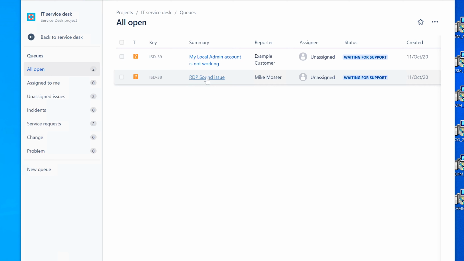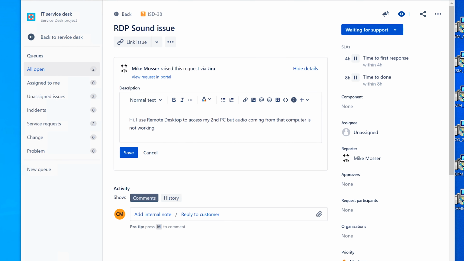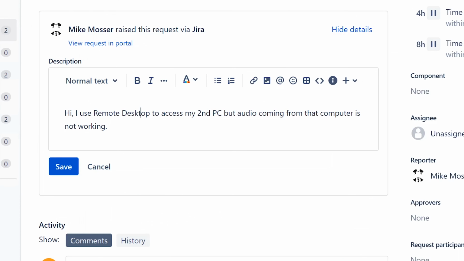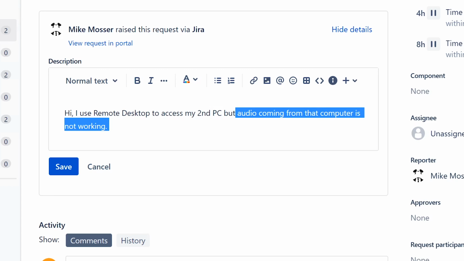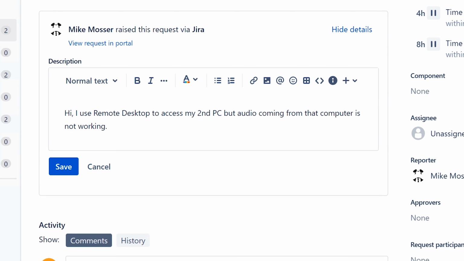All right, so let's look at the first ticket we have here, and that's RDP Sound Issues. It says here, "Hi, I use remote desktop to access my second PC, but audio coming from that computer is not working." So there are a couple of reasons why somebody would want to have a second PC and use